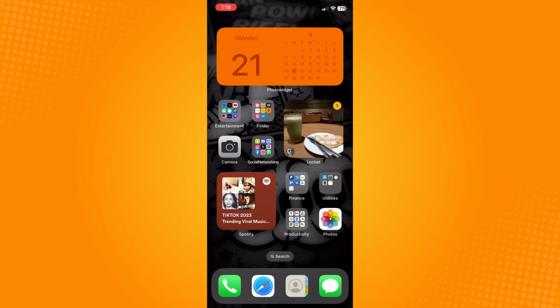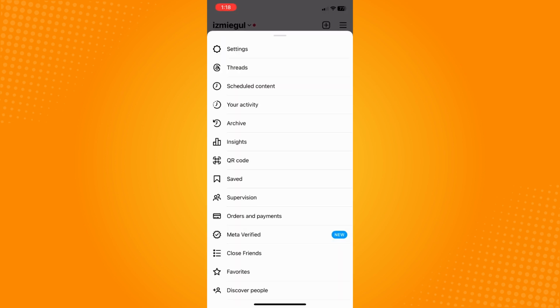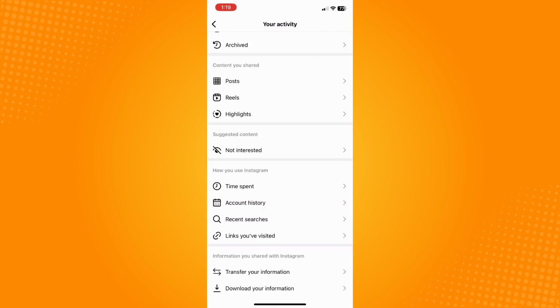So all you have to do is go directly to your Instagram application, and it will lead you to your homepage, and you have to go to your profile. And then on the upper right, you will see the three dash lines. Tap on that. And then here you will see a lot of options. Go to your activity. Now if you click on your activity here, you won't be able to see the recent